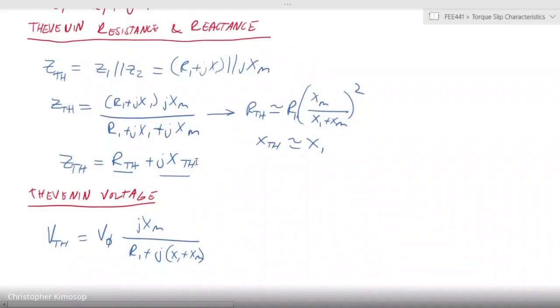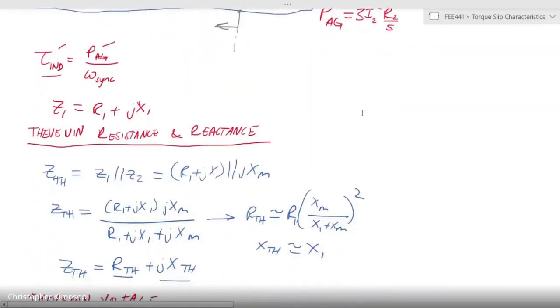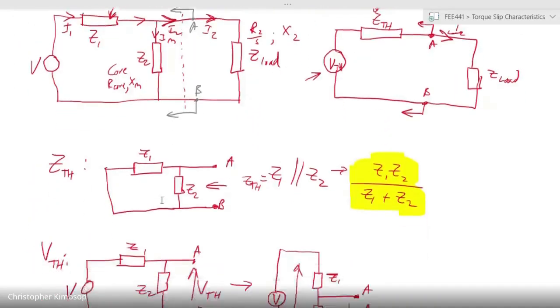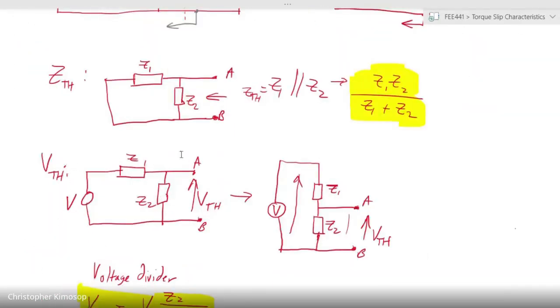We were saying the Thevenin voltage, from the derivation we had done on this side, we look at the Thevenin voltage from that point of view, whereby we say that